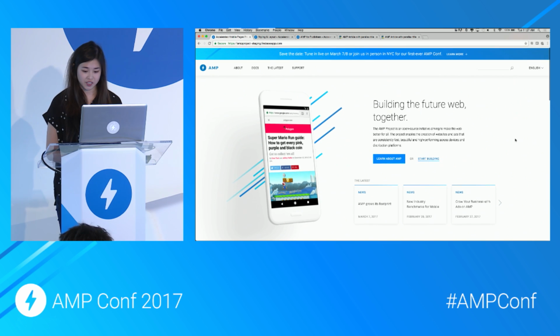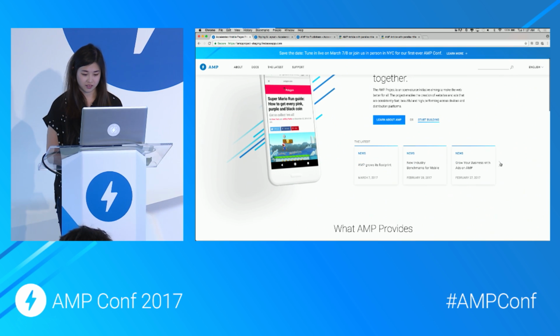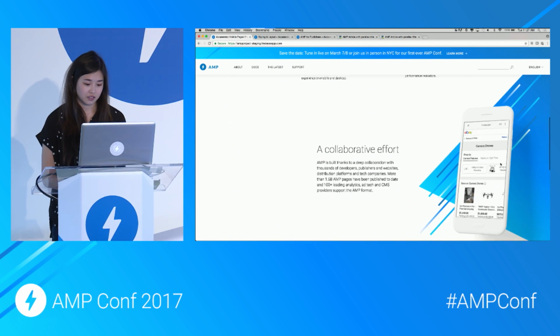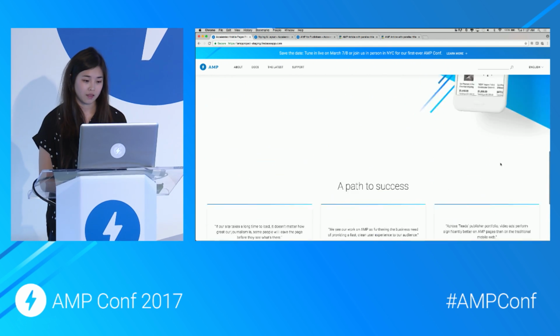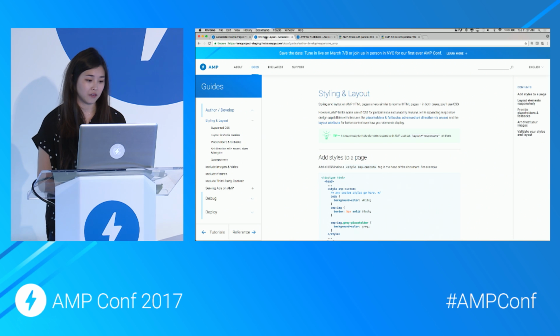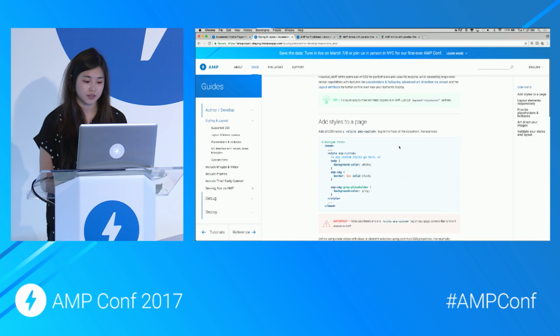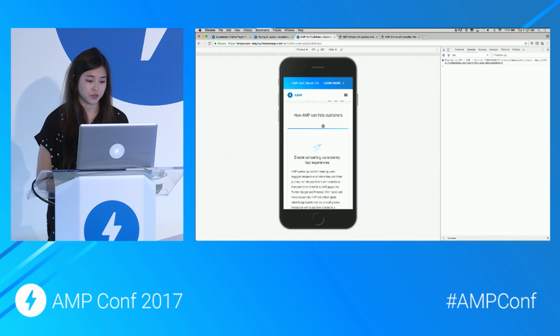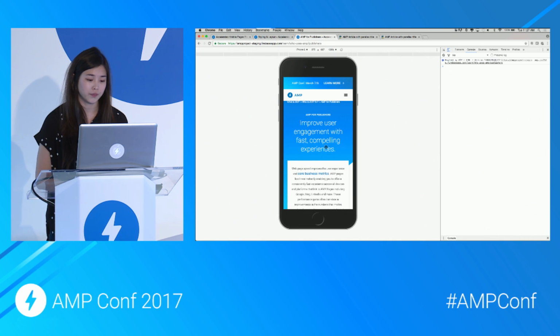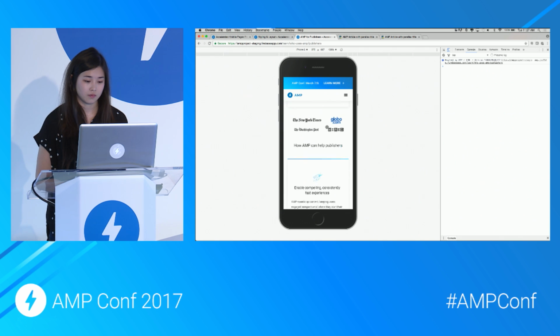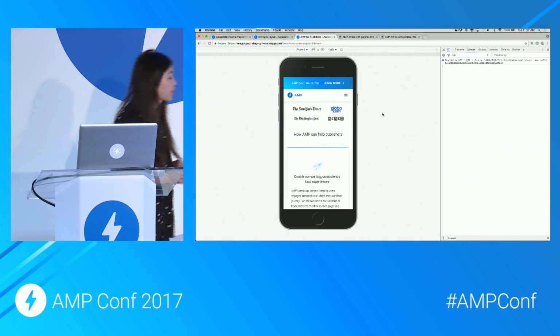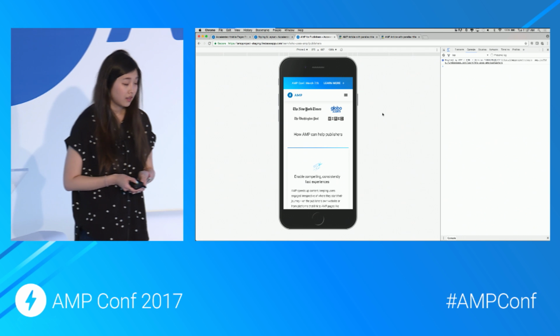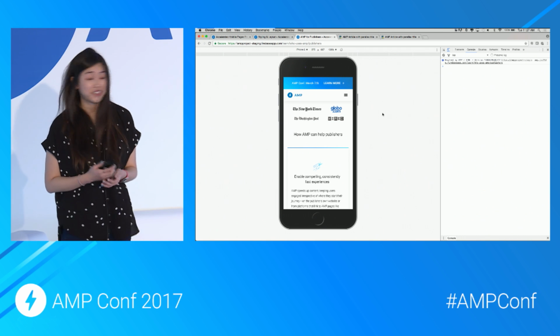There are some fun animations, a carousel, information about AMP. And then for the developers, we have all of the same documentation pages and guides that used to be there, but a little more organized. And so this is desktop and fully responsive for mobile. So this is what one of the pages looks like on mobile. And so back to the presentation.